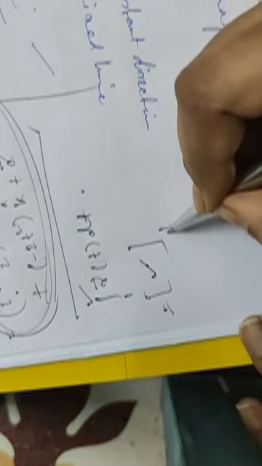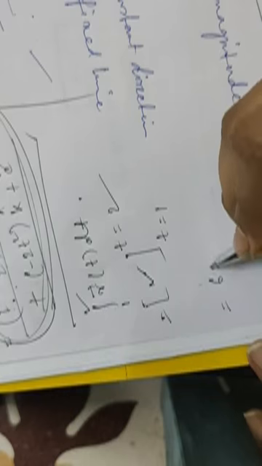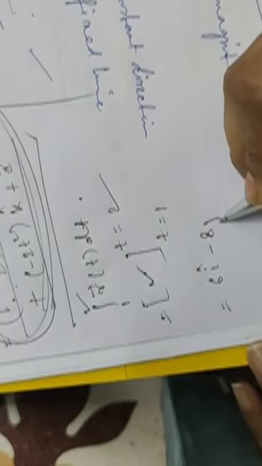Now for the second part, we have a definite integral from 1 to 2 of r(t) dt. That means we have to put in the values: t equal to 2 minus t equal to 1. Putting t equals 2, from the first function we get 2 cube, that is 8, minus 2 square by 2, that is 2. 8 minus 2 is 6, so 6i. From the next function minus 8j, and from the third one minus 8k.